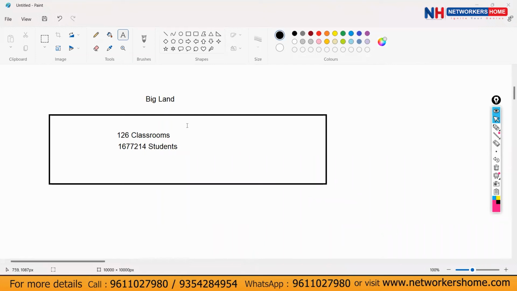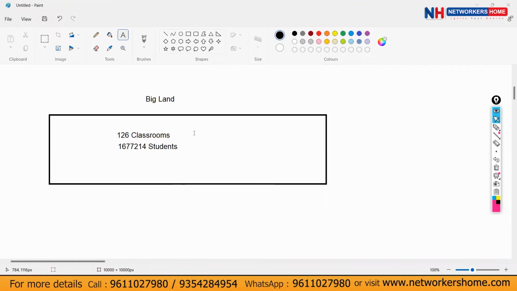So if we talk in IP addressing format, we can create 126 networks, and these many hosts can fit in one network. Say you have an IT company. In that IT company, you can have 126 floors. Each floor is one network.